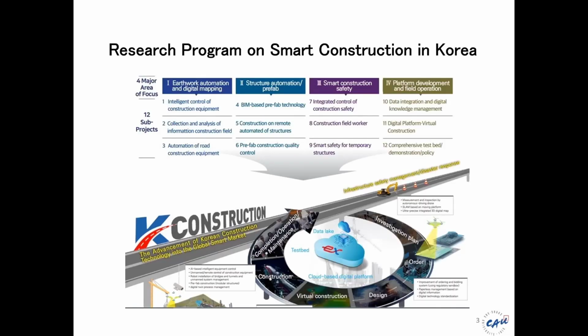As you see in this slide, the Smart Construction Research Program in Korea consists of 4 major areas and 12 sub-projects. And I'm in charge of the second area, prefab bridge structures through automated fabrication. The first part is automated equipment, machine control, and machine guidance, especially for earthwork. The second one is prefabricated bridge structures, and the third one is safety-related technologies. And finally, through the digital platform, the public clients want to collect data